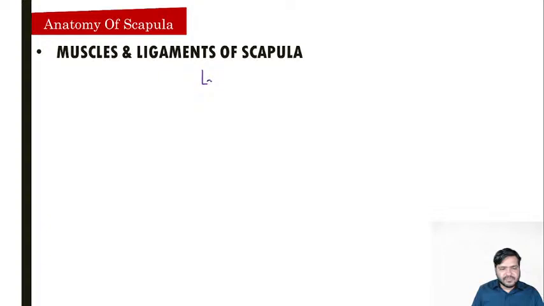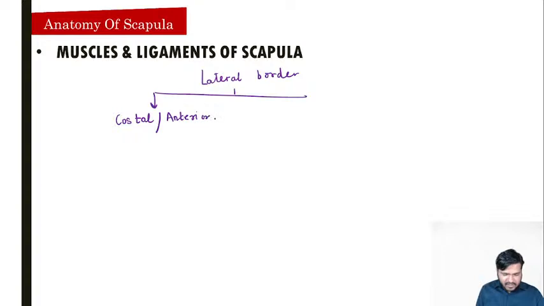So now coming on to the lateral border guys, and remember कि lateral border में आपको दो पार्ट्स में डिवाइड करना है अगेन, एक एंटीरियर एस्पेक्ट जिसको हम लोग कोस्टल एस्पेक्ट भी बोलते हैं और एंटीरियर लिप भी बोलते हैं। एंड रिमेंबर कि एंटीरियर लिप पे देयर इज नो अटैचमेंट, नो अटैचमेंट।